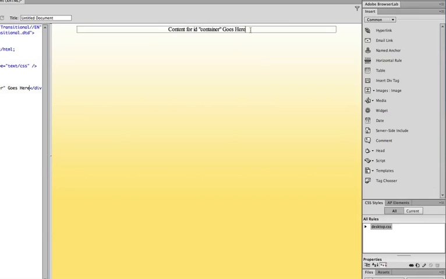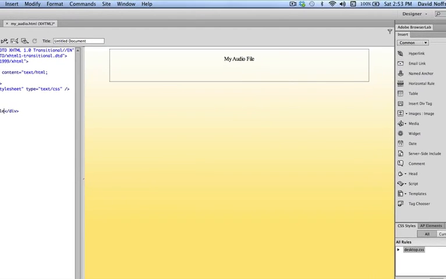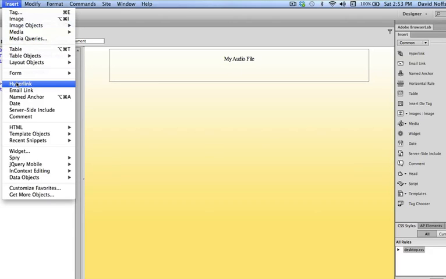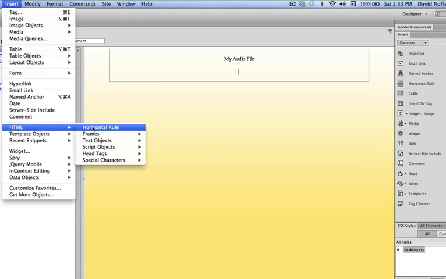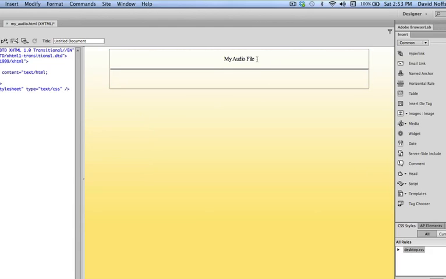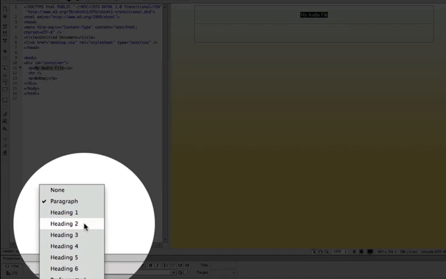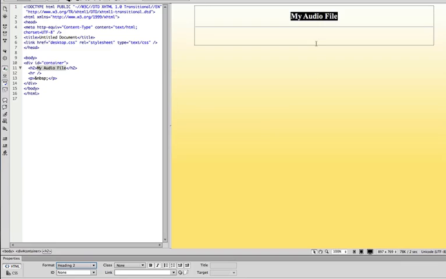And I'm just going to highlight that, and I'm going to put my audio file, put a title there. Maybe I'll insert another horizontal rule. I can highlight this text, and maybe I'll make this heading 2. So not quite heading 1. And then I'm going to click below here,